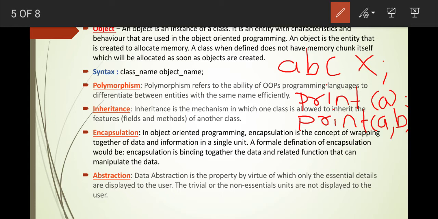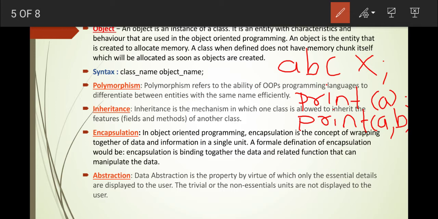It differs by the number of arguments in the argument list: A, and in the second function A comma B. Likewise it will differentiate between entities with the same name. The function name is the same, but the number of parameters and the type of parameters are different.